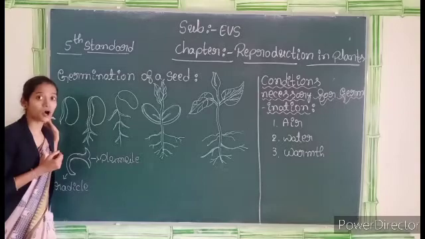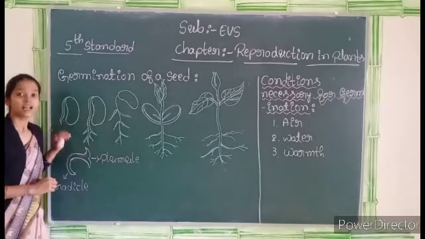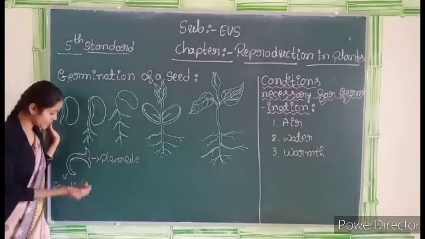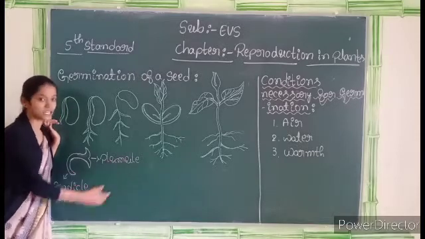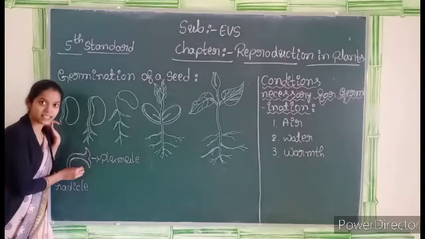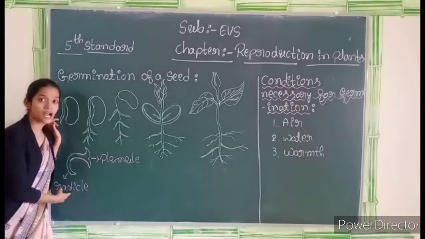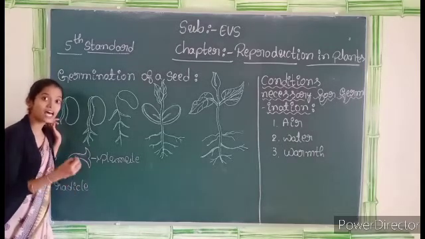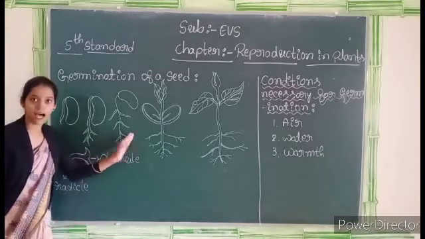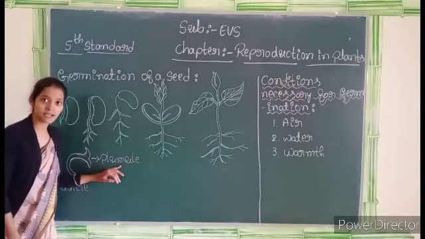The baby plant is also called the embryo. Embryo in Kannada, ಭ್ರೂಣ. The embryo in the seed has two parts. One is the radicle, another is the plumule. We can see this embryo structure in the seed. Okay. First, the radicle grows and pushes down into the soil. Then the radicle forms the root for the baby plant. And then the plumule grows as a shoot.